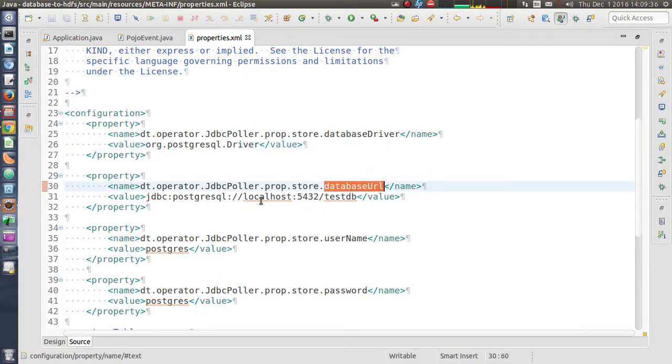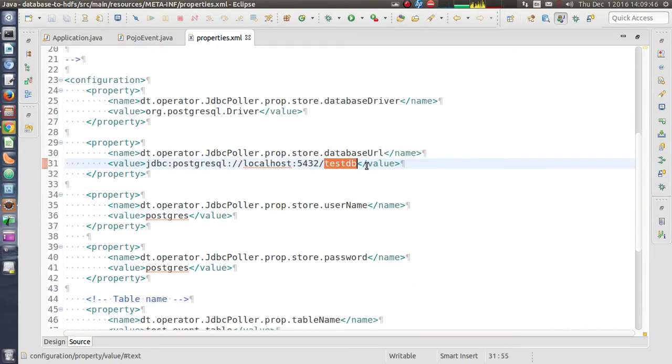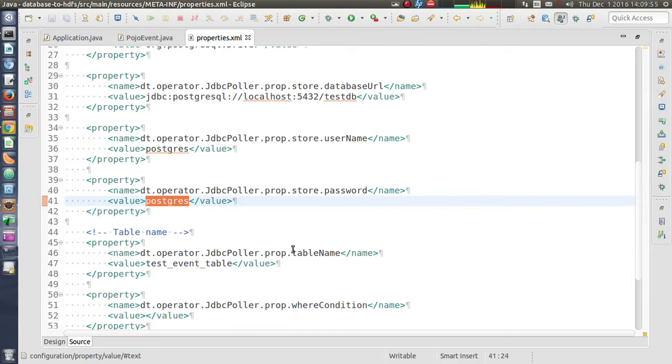Then the database URL which points to your Postgres installation, and then the database name in your Postgres installation, and then the username and password for connecting to your Postgres installation, and then the table name from where to read the data.